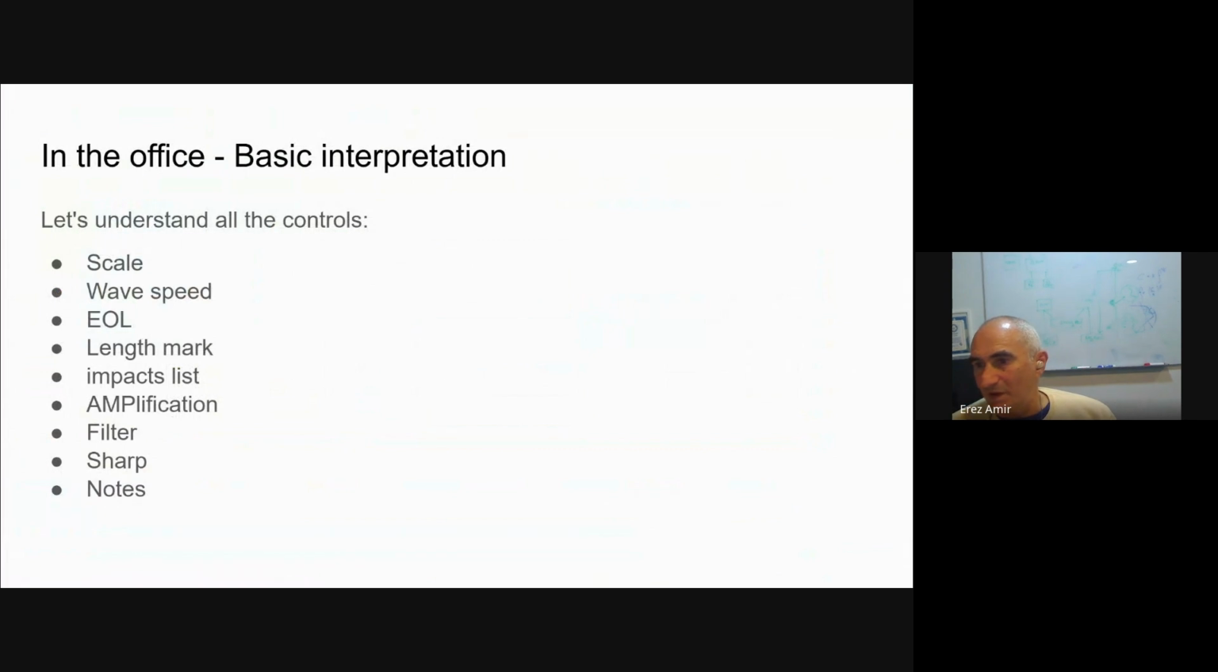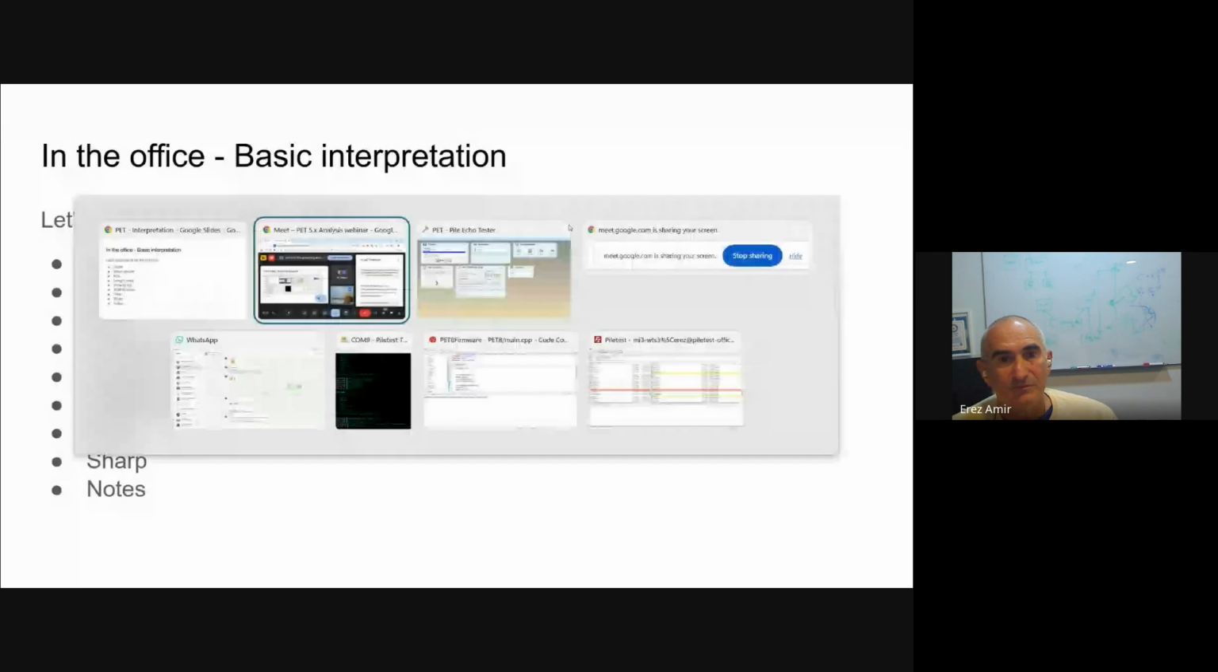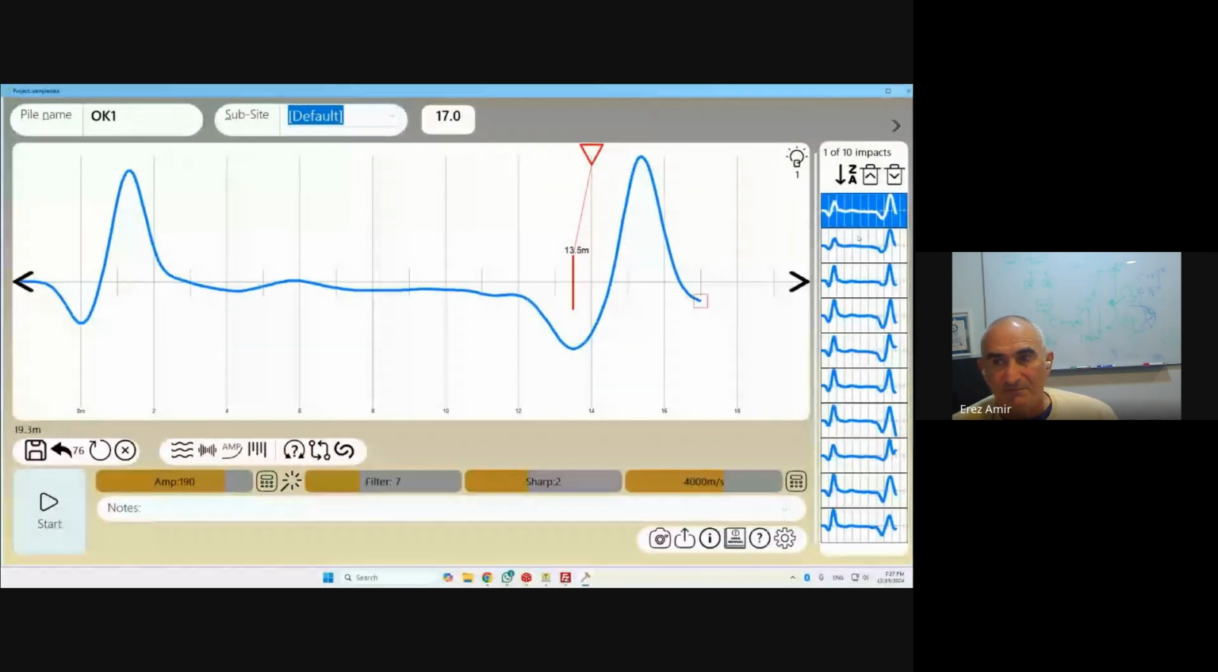We went over scale, wave speed, end of line, length mark, amplification, filter, sharp. So we still need to look at the impacts, impact list, and the nodes. Two important points. Okay, impact list